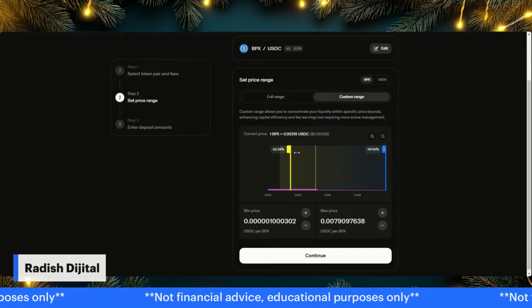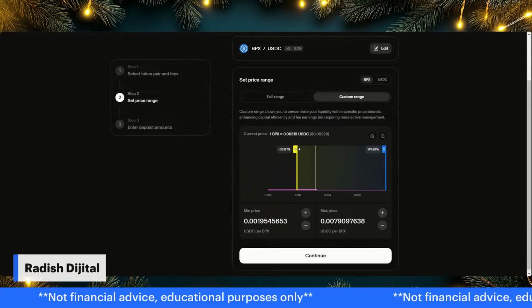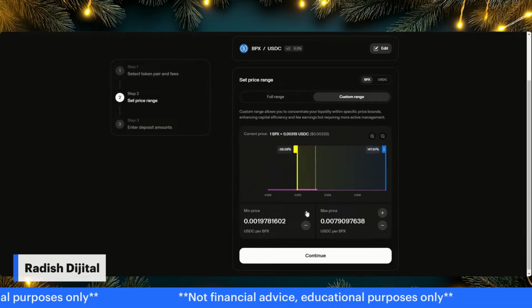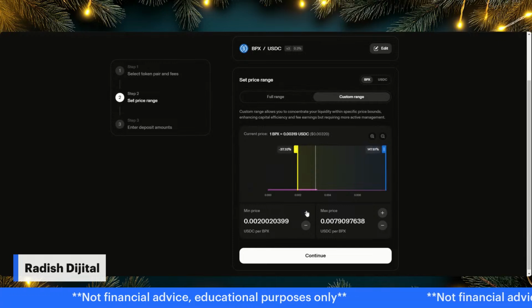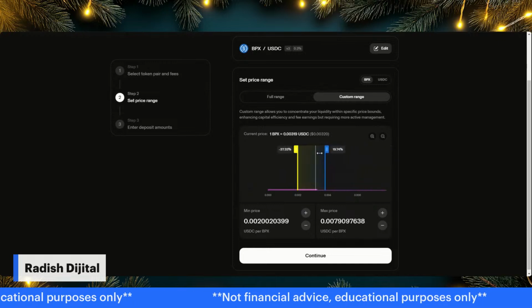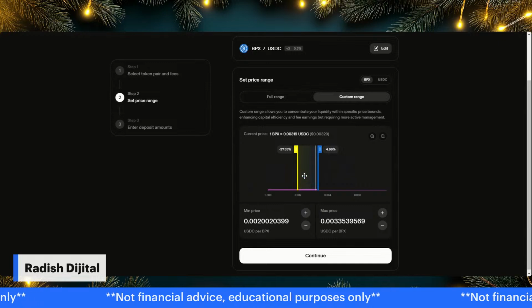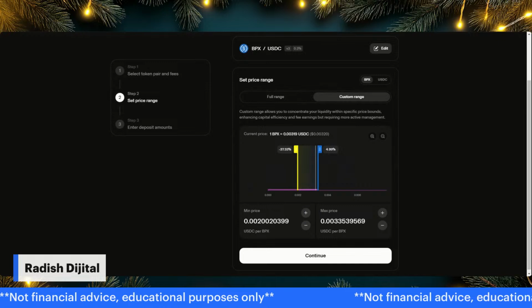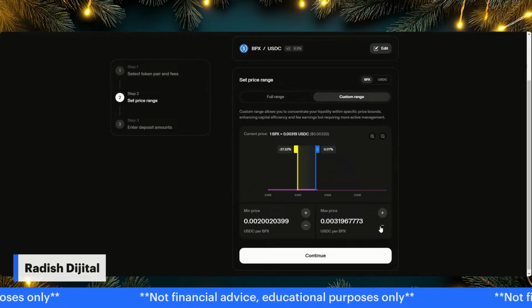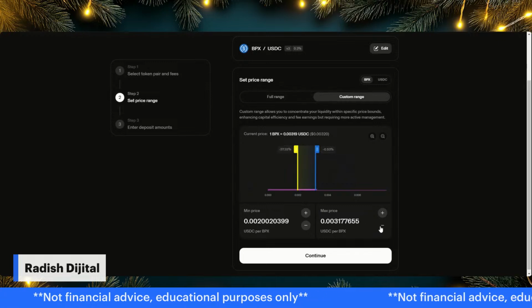0.002. And so keep sliding. You can also type in the bottom if you don't want to slide. And so you were saying up to a point. You would suggest what? I would do 0.02 to 0.031. It's currently trading at 0.003194. So if there's more dumps with no liquidity, it should hit your range.